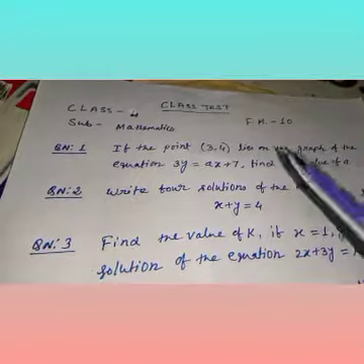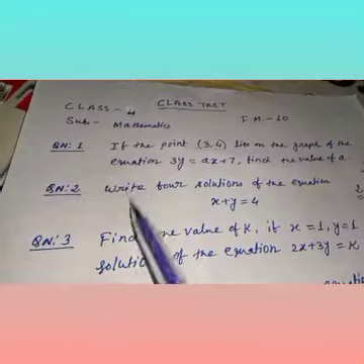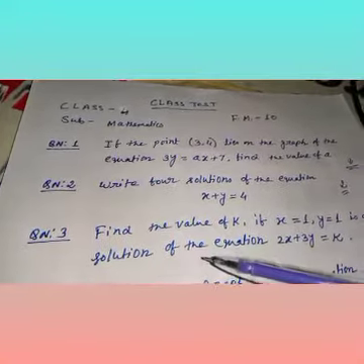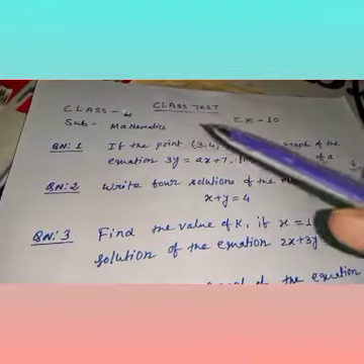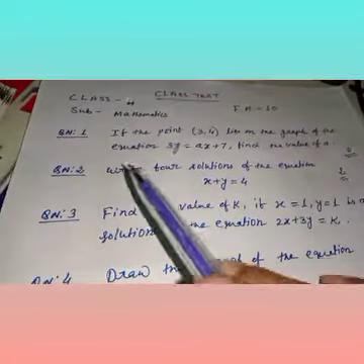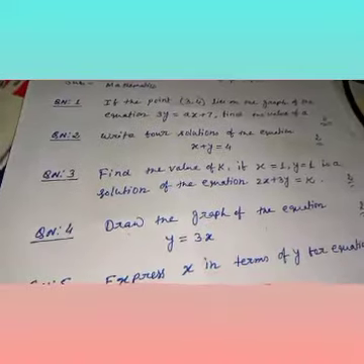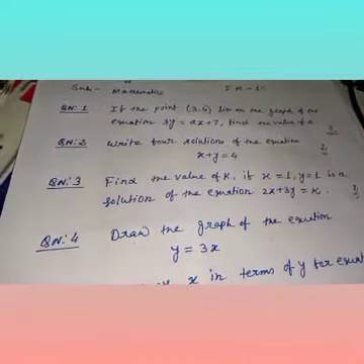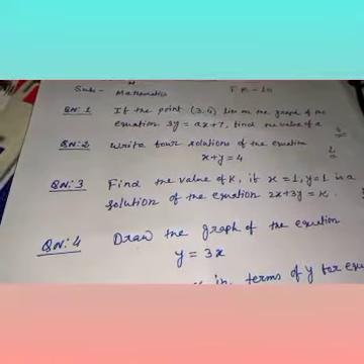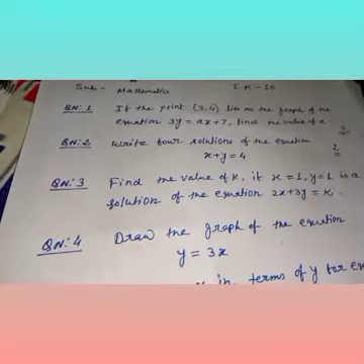Clear? One more thing, you need to write all the questions. Write the question, meaning question number 1, then write the answer, question number 2, then write the answer, question number 3, then write the answer, like that. I am not saying that you need to go serially. Suppose first of all you want to write question number 4, you write the question, then write the answer. Then in the next, suppose you want to write question number 2, write the answer, like that. For every answer you need to write the question and submit it before 12:30.